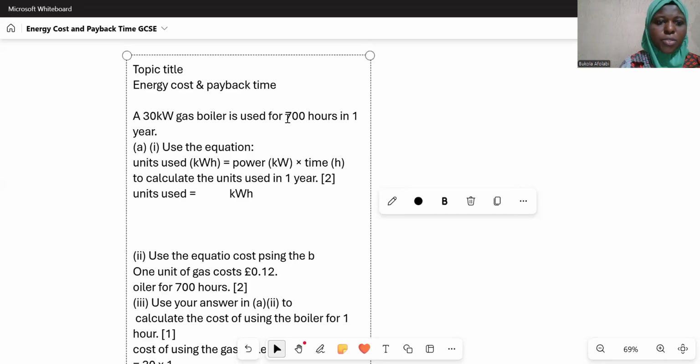The question reads thus: a 30 kilowatts gas boiler is used for 700 hours in 1 year. Use the equation units used in kilowatt hours equals power multiplied by time to calculate the units used in 1 year. So what we'll do is